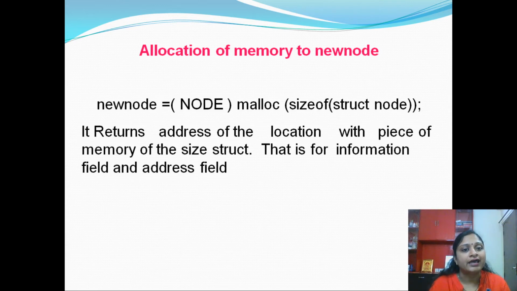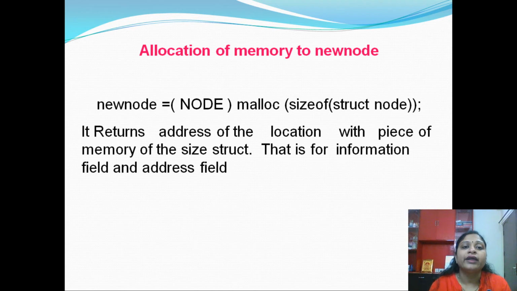Compare this with arrays. We know that while creating an array, we need to mention the size of that array, such as 10, 20, 50, etc. But there is no such restriction with the linked list, so we don't need to mention the size. As per the user requirement, we are going to create a linked list. That is why we use the memory allocation function malloc, because we don't know the size of the linked list. As per the user requirement, we may create 5 nodes, 10 nodes or 15 nodes.